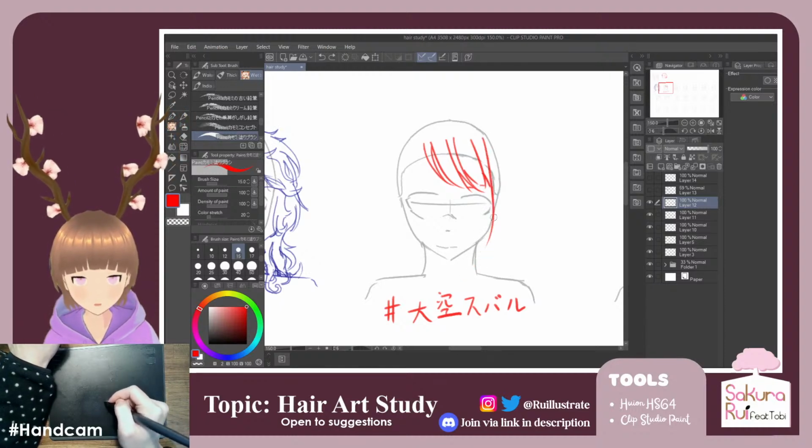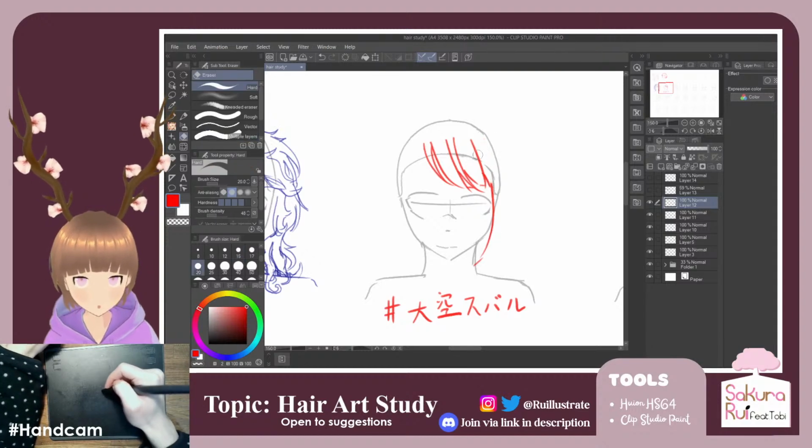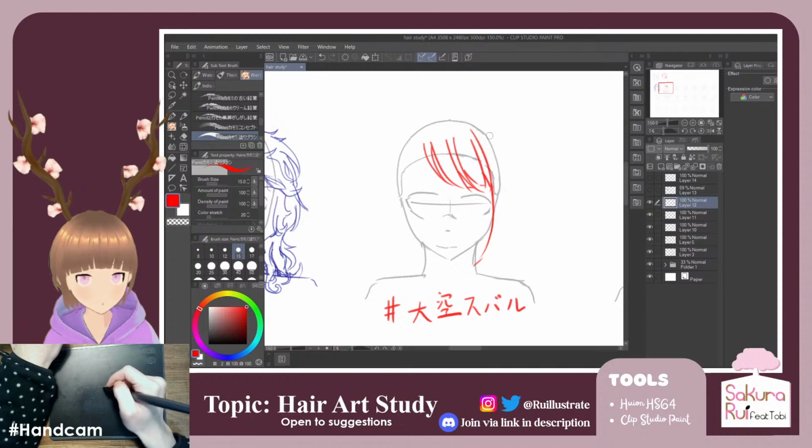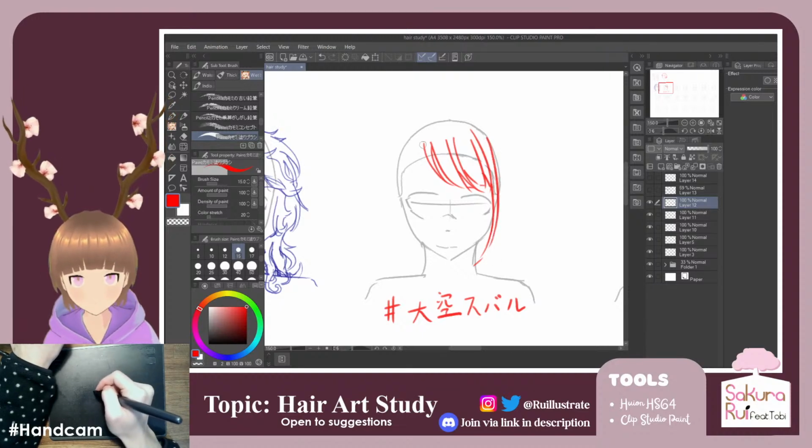So remember that one really long hair at this side? It's just one simple piece of hair. Just say that's one strand of hair. And then that's the hair, and then